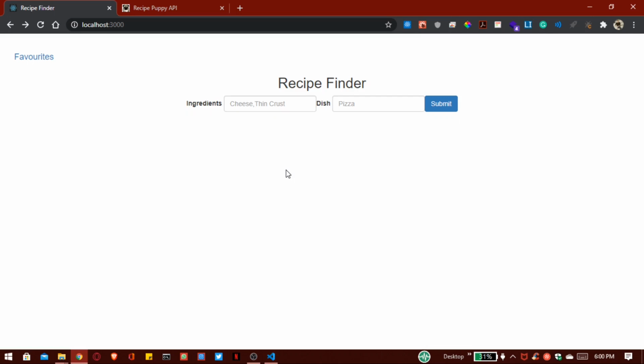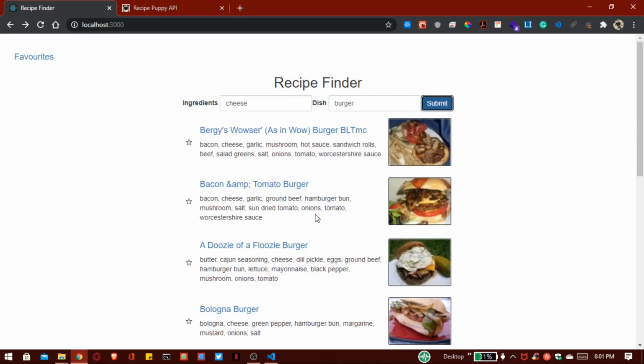So now our project is completed successfully. Let's revise what we did inside this video. You can see here at the left hand side the favorites button is showing. Now I click on this, and you can see nothing here because I haven't added any favorite recipe. And let's add, or let's search any recipes with these ingredients and dish. I want to add ingredients cheese, and dish is pizza, or you can say burger. You can search anything here, and you can see plenty of recipes with these ingredients and dish.